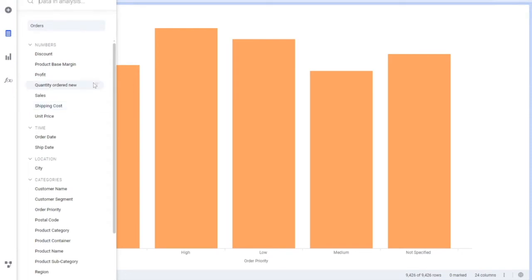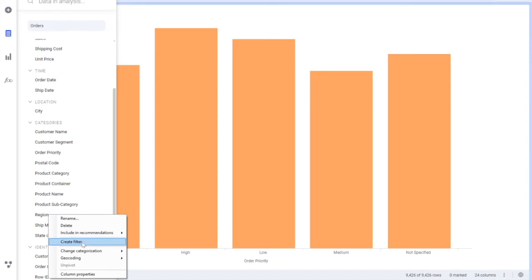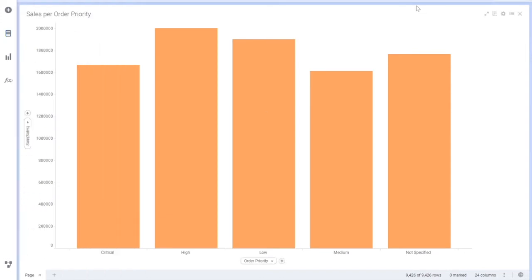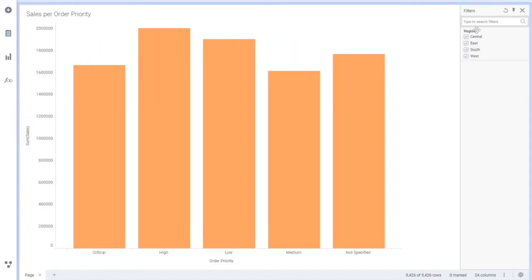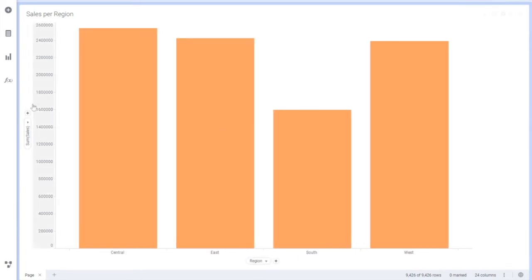Since I am managing my filters manually, I have to create the filters from my data panel. Let's say I want to create one for region. I'll right click and say create filter. Once this is done, it will be available here. It's a good habit to create filters manually. So I'll just use it here, and now we have sales by region.